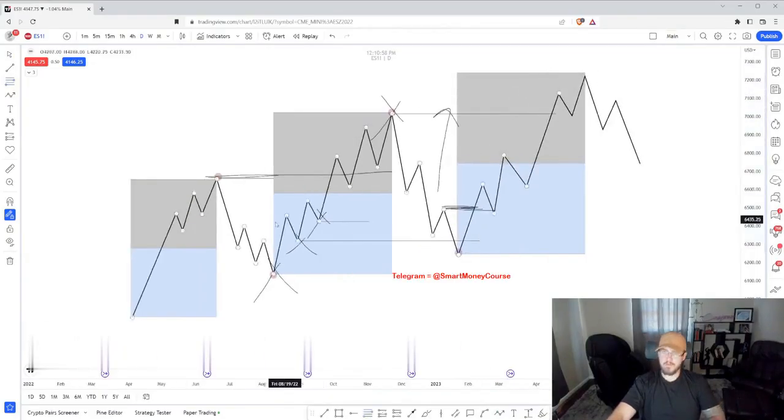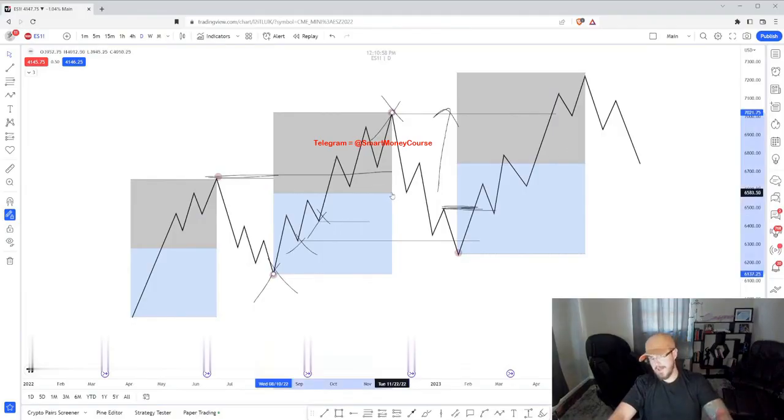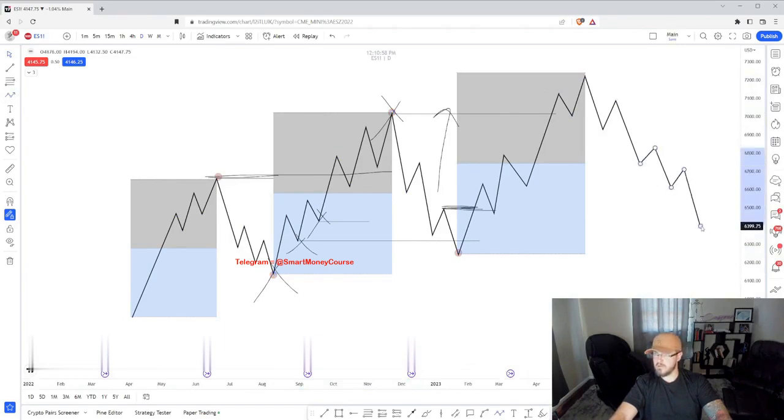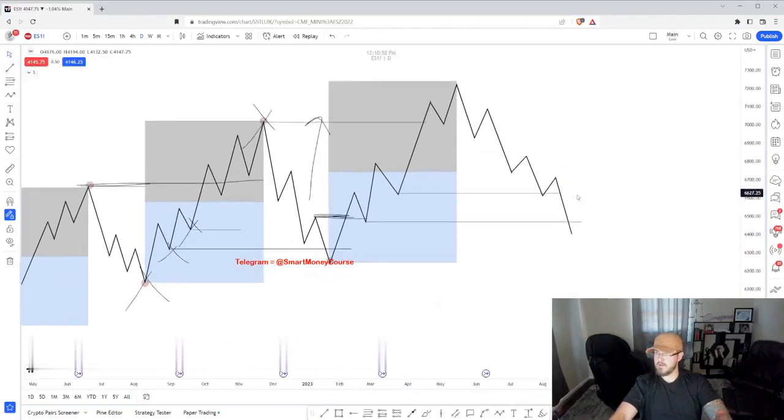So you have to remember, from internal liquidity, here we took out something over here, pushed up, went to external liquidity, and price came back down to a fair market value. Of course it always goes to a discount or premium, but we look for it to come past this level, into internal liquidity, into external liquidity. Again, back to fair market value, back to internal liquidity, and then you wait for that shift. Because just because this happens doesn't mean you're 100% going to continue up. You wait for,